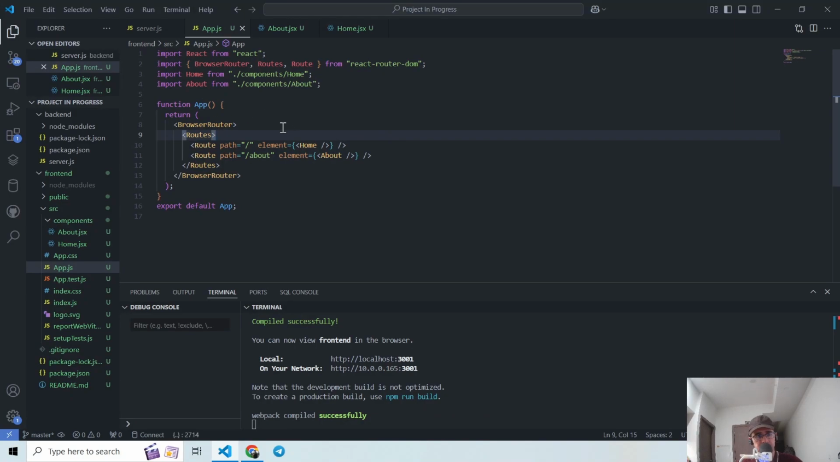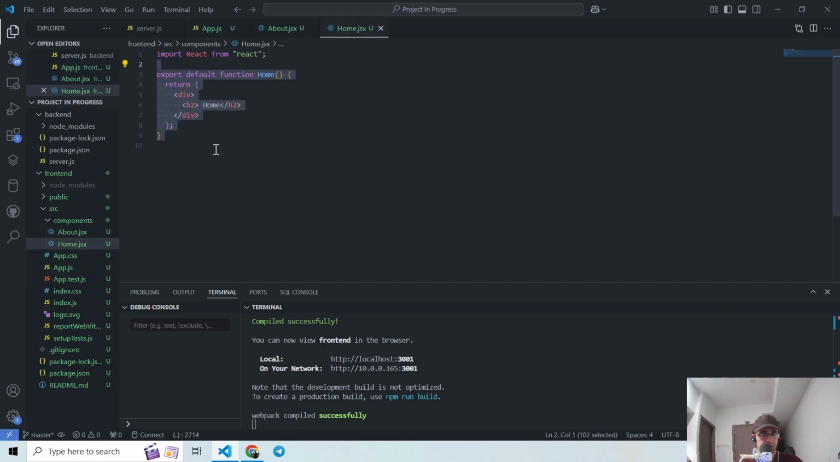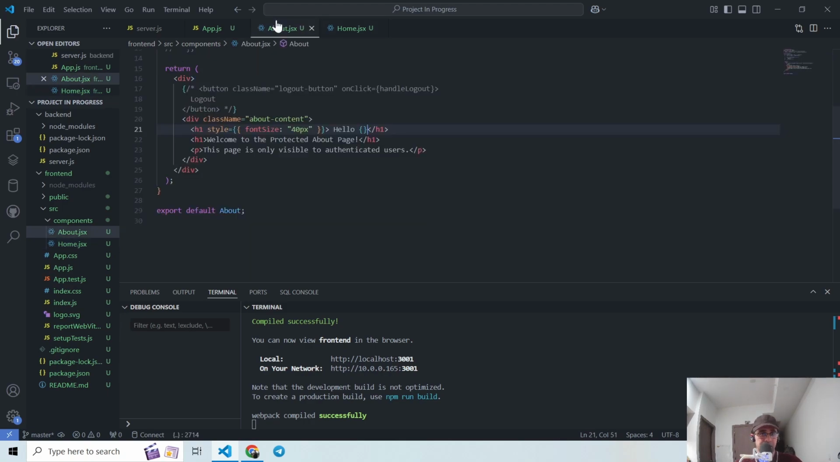I have also created a components folder here underneath the source. Within these components, there are two components, the home and the about components. The home corresponds with the main path, and the about component corresponds with the about path. If you take a closer look into the home component, as you can see, it's a simple functional component with an h2 tag here. And for the about, another simple component with some div and some h1 and p tags here. So I'm going to save this